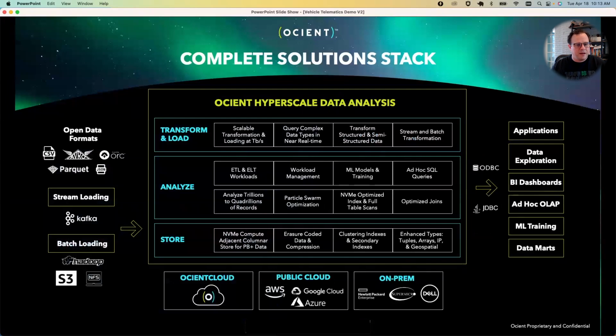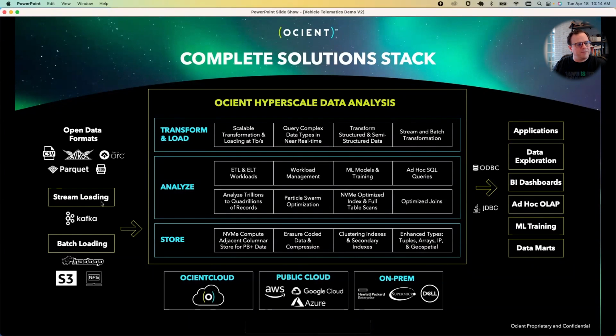And then we open that data up for analytics through SQL in our SQL engine, where we do interactive performance at Hyperscale, and we support all of the standard SQL statements and functions. We can join data, we have workload management. We can even do things like machine learning and training in the database, which we'll talk about a little bit. And then we have the ability to do ELT within the database and move data around as well. And our transformations during load time are scalable and they can get pretty complex with what we support.